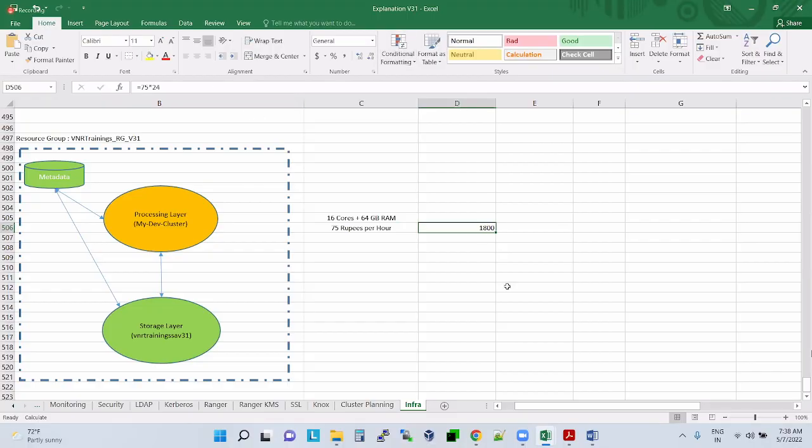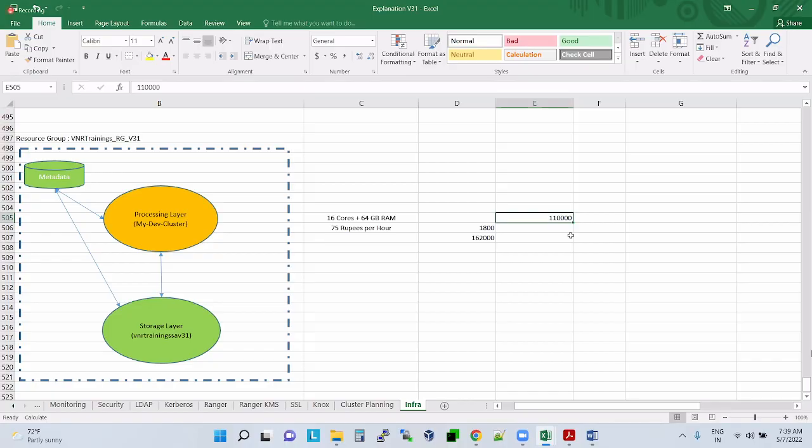Suppose I take my laptop for rent in Azure, per day I need to pay 1800. If I take this laptop continuously for rent for 3 months, 90 days, how much is it coming to? 1,62,000 rupees, correct or not? But I purchased this laptop for around 1,10,000, around 1.5 years back, and I will use it for the next 5 years also.